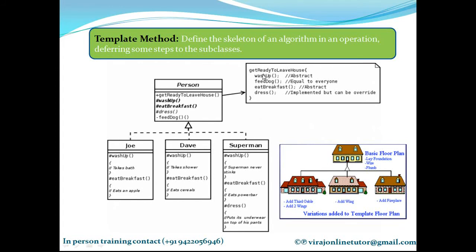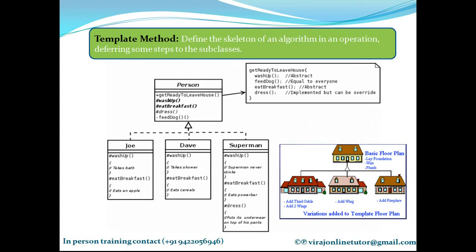First, he needs to wash up, he needs to feed the dog, he needs to eat the breakfast, and then he needs to dress. So these are the 4 steps of the algorithm which is fixed. I am not allowing the user to change the algorithm. So the algorithm is fixed. The person needs to wash up, feed the dog, have the breakfast, and then dress. Now the algorithm is fixed, the skeleton is fixed,